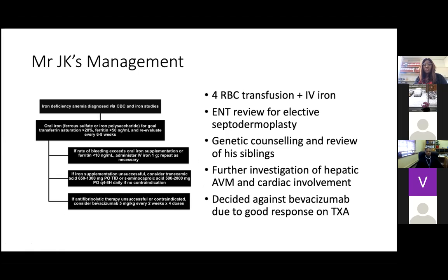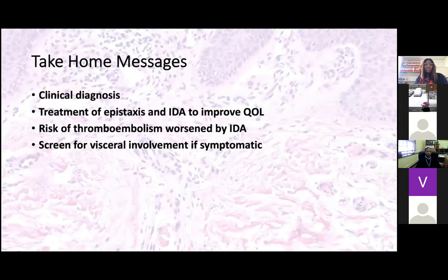He was due to receive bevacizumab, but due to his good response with the tranexamic acid, we opted not to give that therapy as it comes at quite a high price tag, as Prof. Blockman will concur. So the take-home messages are that HHT is a clinical diagnosis due to the genetic variability and